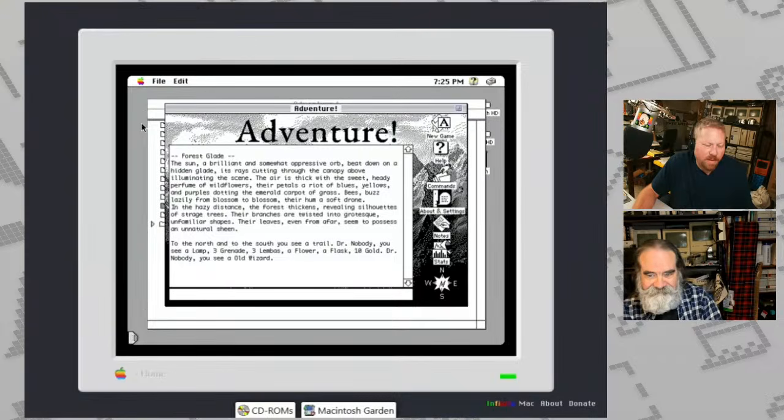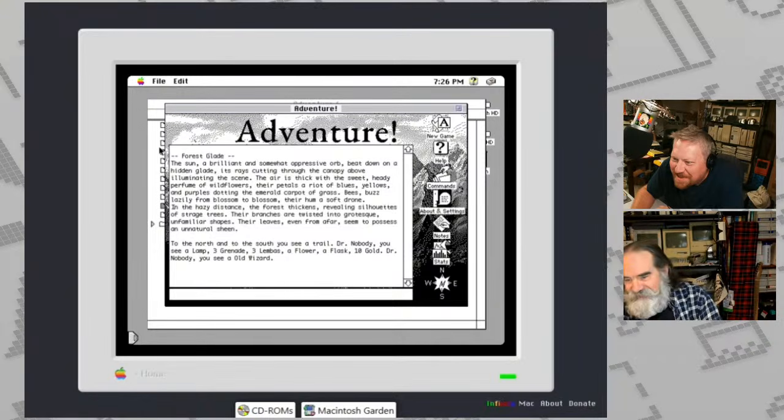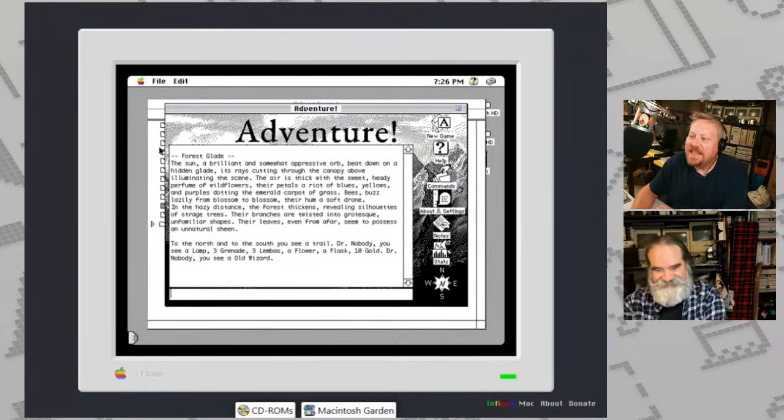Mm-hmm. Okay. The sun, a brilliant and somewhat oppressive orb, beat down on a hidden glade, its rays cutting through the canopy above, illuminating the scene. The air is thick with the sweet, heady perfume of wildflowers, their petals a riot of blues, yellows, and purple dotting the emerald carpet of grass.